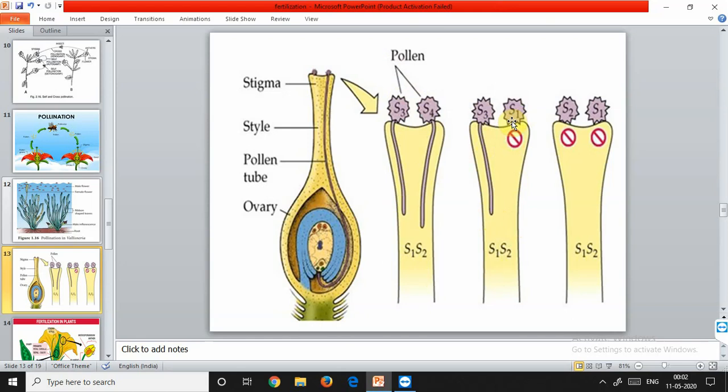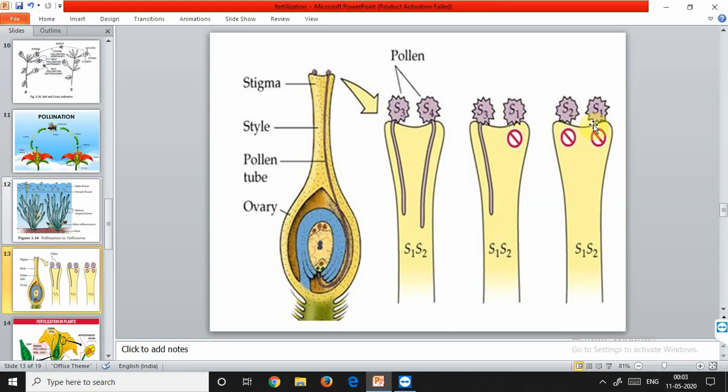This is the incompatible pollen, and it is not able to fuse with the stigma. Then again, this stigma is incompatible for both these pollens. So this is the term incompatibility. Only the right pollen is accepted by the pistil, which promotes post-pollination events. If there is no right or compatible pollination, the post-pollination events that lead to fertilization will not occur.